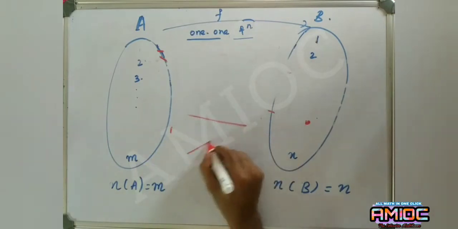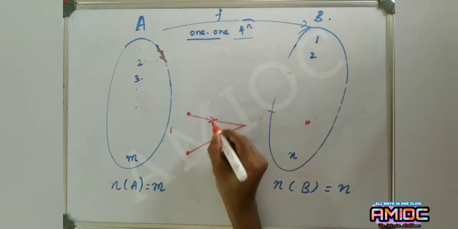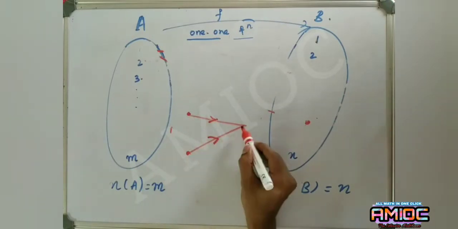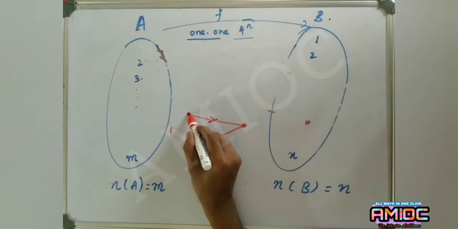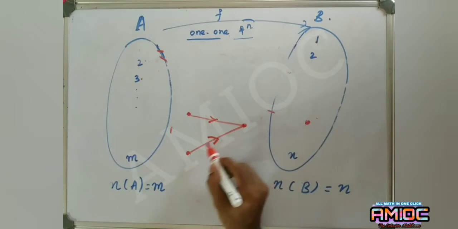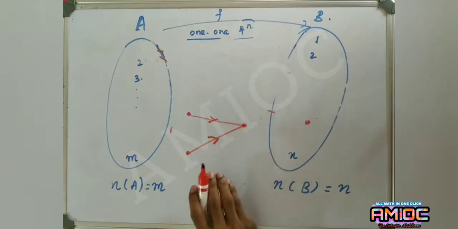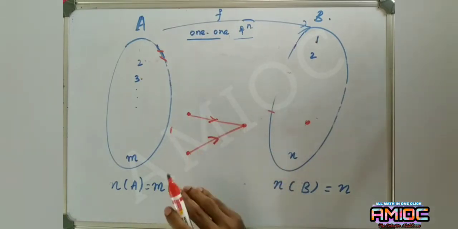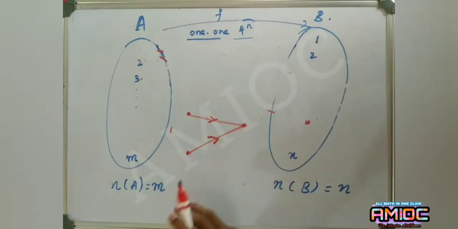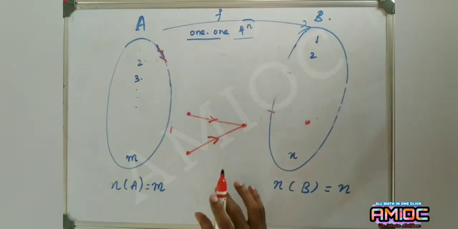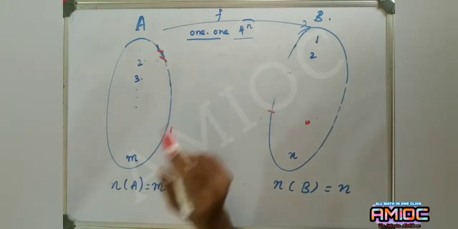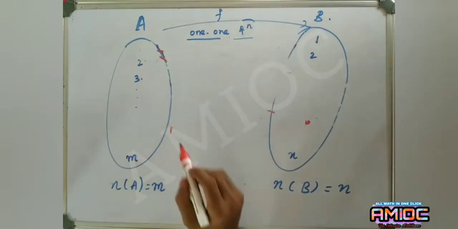If this type of arrows arises in the arrow diagram representation, then that is a function. Distinct elements have distinct images. One element has one image, therefore every element has a unique image. That is not a problem. If this type of arrows arises, that means more than one element have the same image, then that function will not be a 1-1 function. It will be a many-one function. We have to find the number of 1-1 functions.